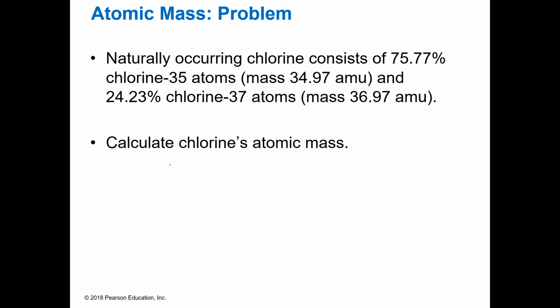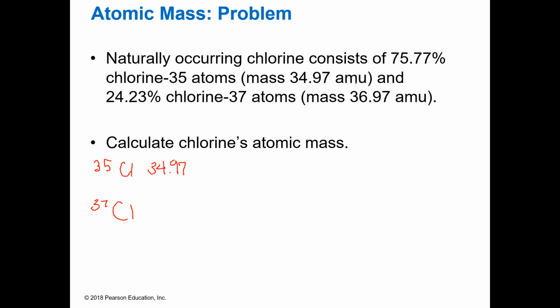So chlorine has two isotopes. So here I have chlorine 35, and chlorine 37. Chlorine 35 has a mass of 34.97